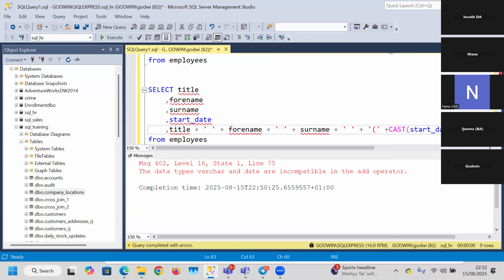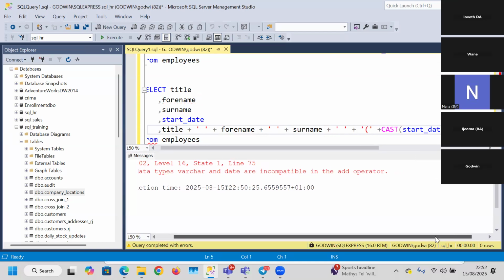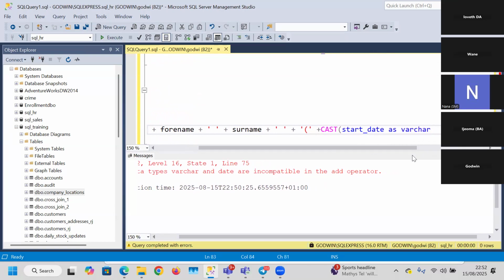Now we want to cast this date as a variable character. Cast date as a variable character. We haven't done data type, so forget about all this varchar that I'm mentioning, okay? If there is type, which I doubt,